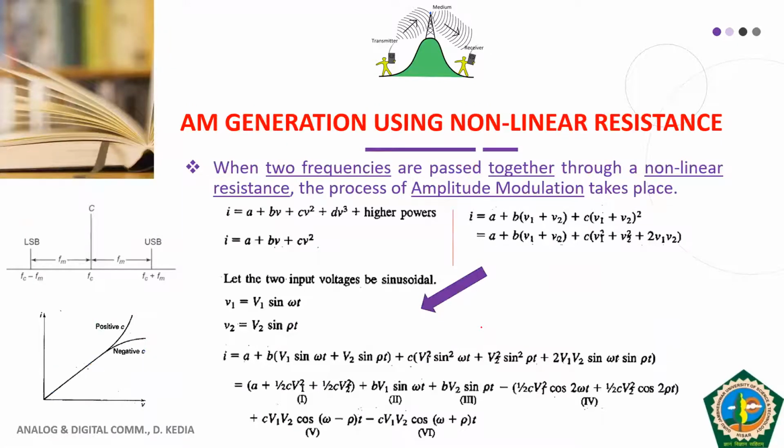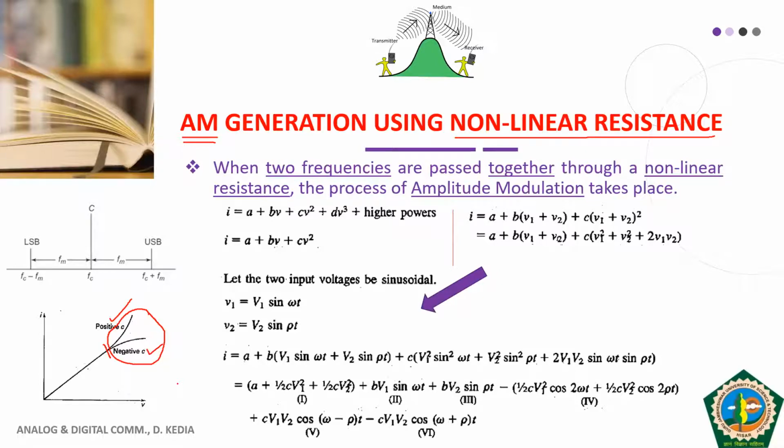And then I told you that we can generate amplitude modulation in another way, and that is by using a nonlinear resistance. And we know the meaning of nonlinear resistance. We all know Ohm's law. In the linear region, Ohm's law is directly followed: your voltage is directly proportional to your current, and you have a constant slope. In the non-linear region, the slope may be positive and the slope may be negative. So this portion refers to the non-linear part of your resistance characteristic, or your VI characteristic.